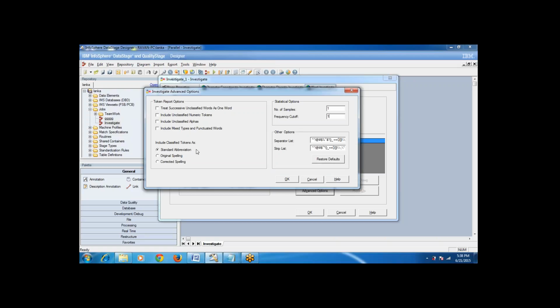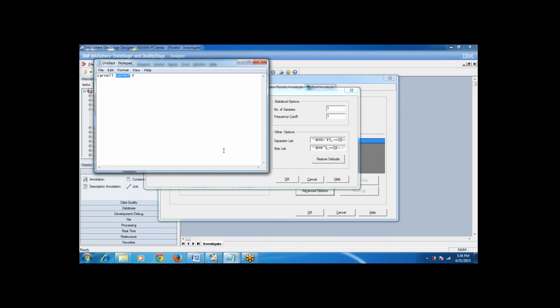But in the token pattern report you cannot see it, because after the token report we usually go for the standard abbreviation report, where you can see all those things. I will open the token report and show you how it displays the standard abbreviation. This is the standard structure, a kind of syntax, for defining anything in the classification file. First you give the input string and the standard output string how you want it, and the corresponding classification code. This is how you need to specify it in the classification file. Yesterday, for example, I think we added this one.